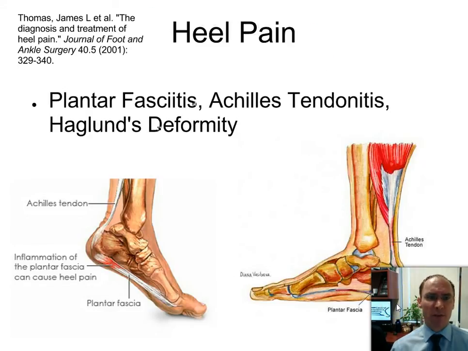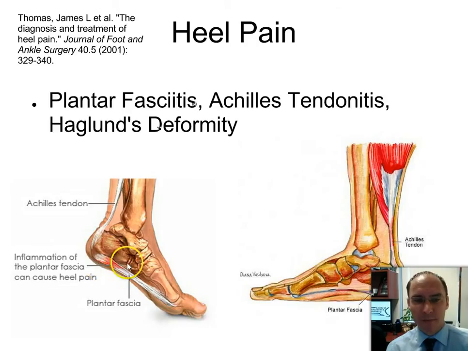Okay, next I want to go on to heel pain. Heel pain is something else that's seen a lot of times in the emergency room, and it can be a little confusing. As you can see, there are some journal articles here for anyone that wants to look up more information on this. But the big dilemma is really diagnosing the difference between plantar fasciitis, or heel pain,